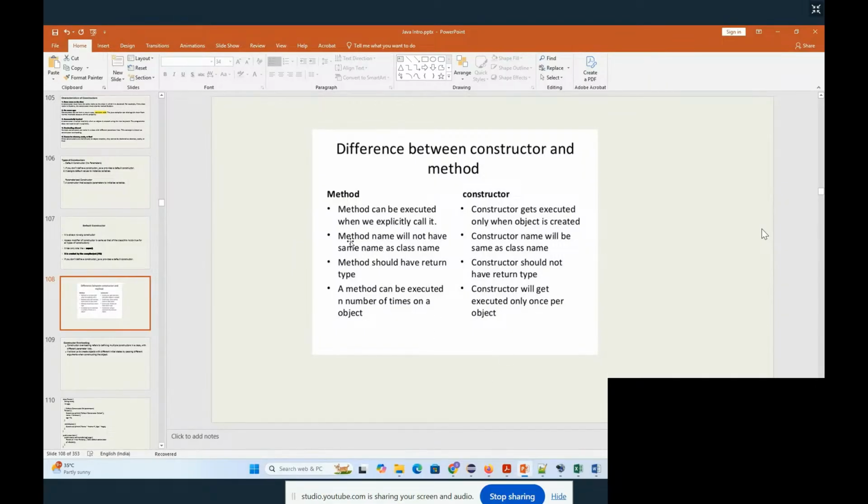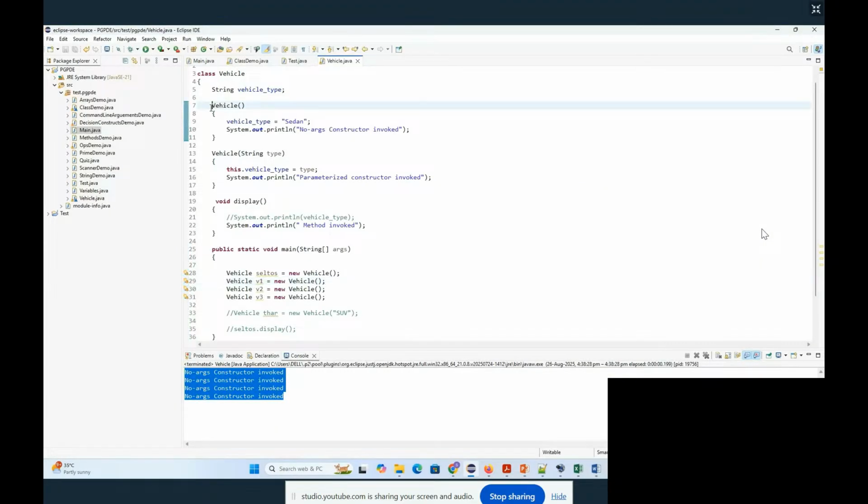And the only point is method name will not have the same name as class name. No, this is not true. I need to change this because method name can have the same name as class name. So I explained you earlier also. So if I just associate a return type with this, it will be treated as a simple method. So now if I run this program,